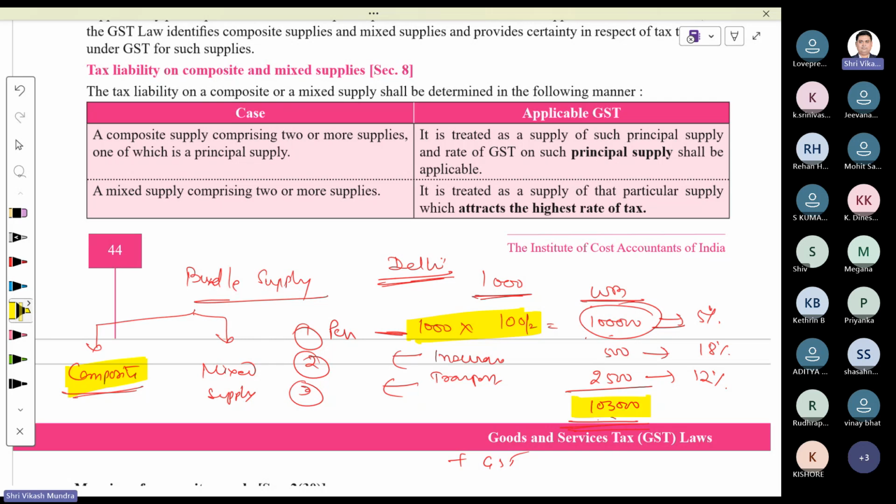At what rate is GST supposed to be levied on the PAN? It is 5%. Irrespective of the rate of 18% or 12%, which is applicable on different supplies in the bundle, the entire 1,03,000 is supposed to be taxed at the rate of 5%. Even though